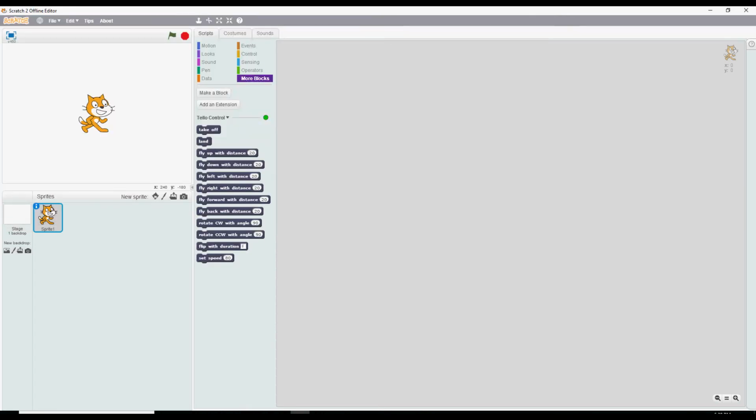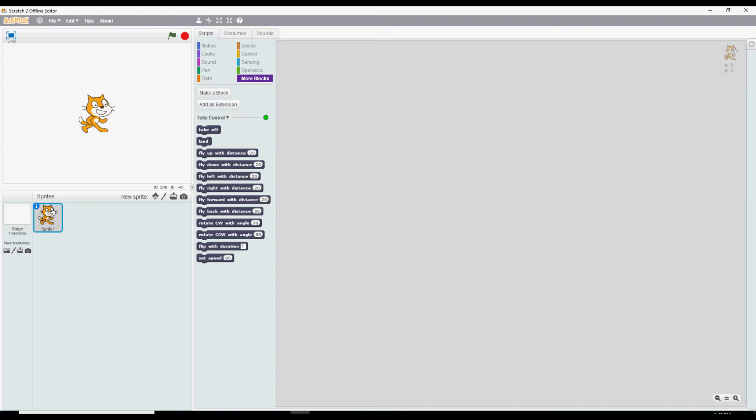and you see now that my commands are all under the Tello control. The commands for the Tello. Let me pause, because right now what you need to do, okay, and notice here the green light, and that's because you have the node Tello.js running on the command prompt. So that's important that that's green. If it's red, then you're going to have to go back and do the command prompt first and then get